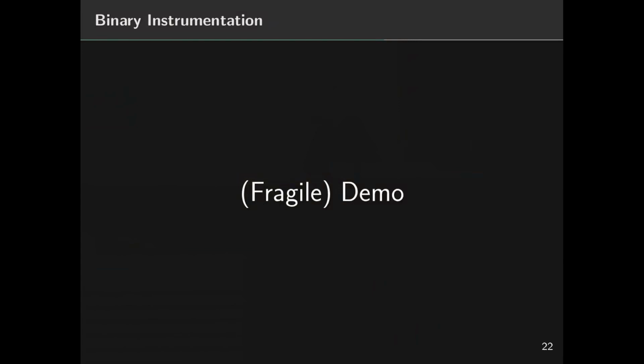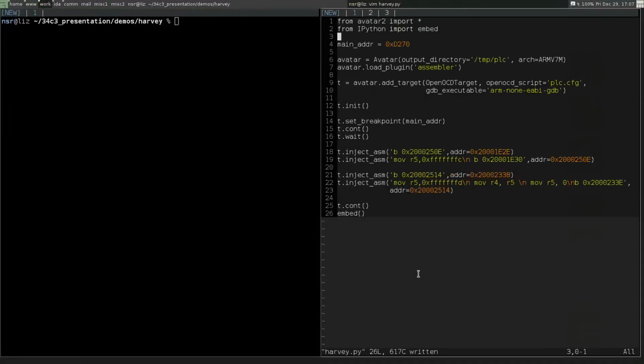This device is particularly interesting because parts of the firmware are residing inside SRAM. So the board initializes, and there we go, perfect. And firmware is loaded into the SRAM. So this basically means we can instrument those parts of the firmware, which we also did by re-implementing the proof of concept implementation of Huawei. So here we basically do the same, create the avatar object, load the assembler plugin,